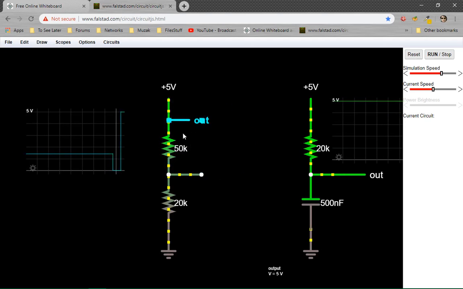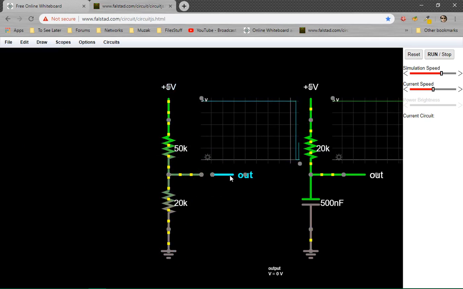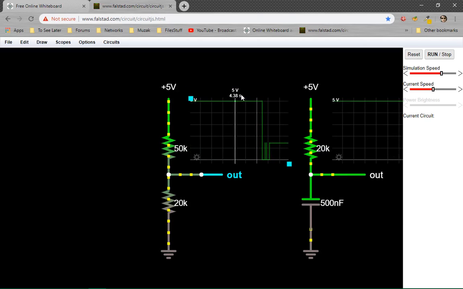The voltage between this point and this point is nothing really, just picking up the 5 volts because it's just one resistor. So one way to control the resistance of circuits is